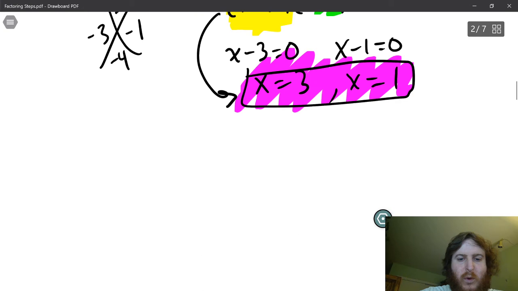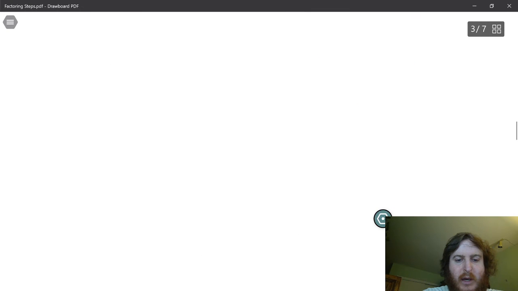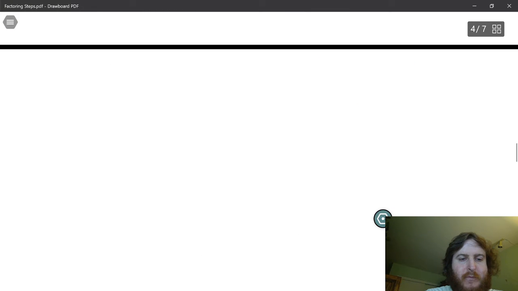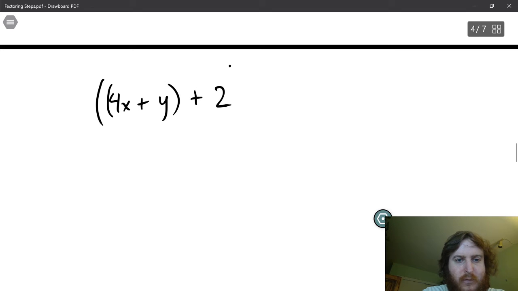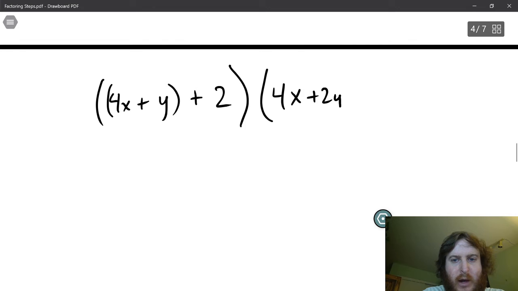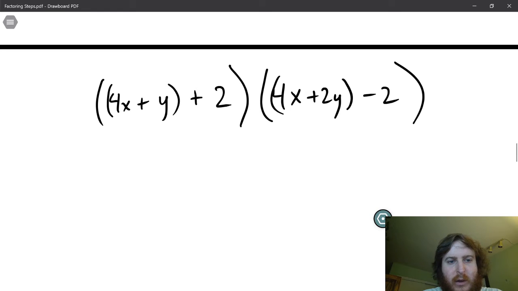I'm going to show what it would look like factored first, just so we can see that. Say you had 4x plus y, plus 2, and then 4x plus 2y minus 2. And so if we expand this, one way that we can look at this is